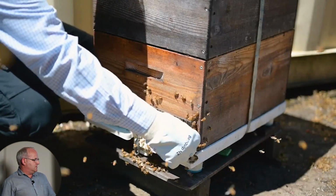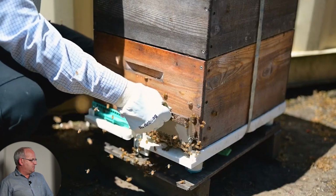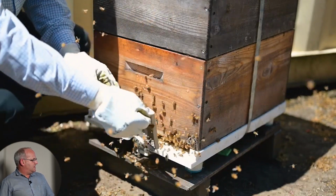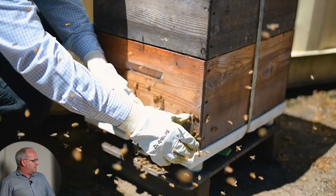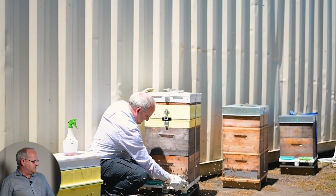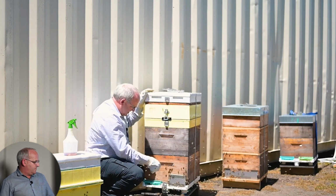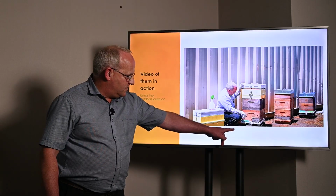So that's just releasing the little eye screws, so they just pop out like that, and then rotate it 180 degrees, and you can just pop it back in, turn the eye screws 90 degrees. It's so quick and easy and simple. And then there's just a little entrance there,